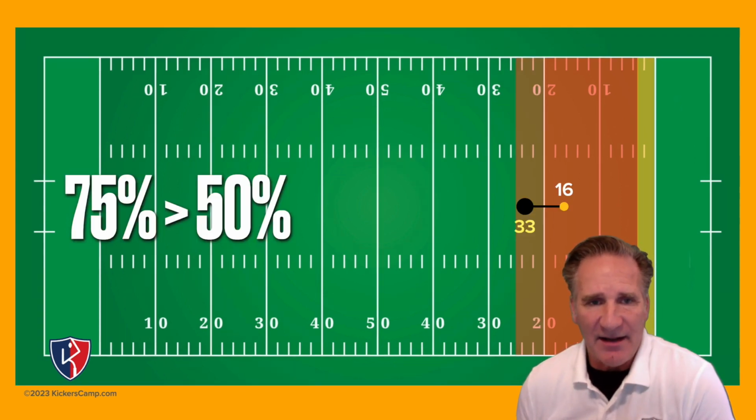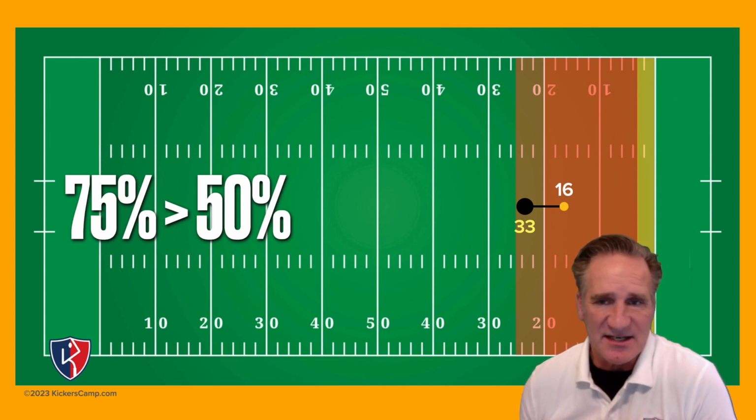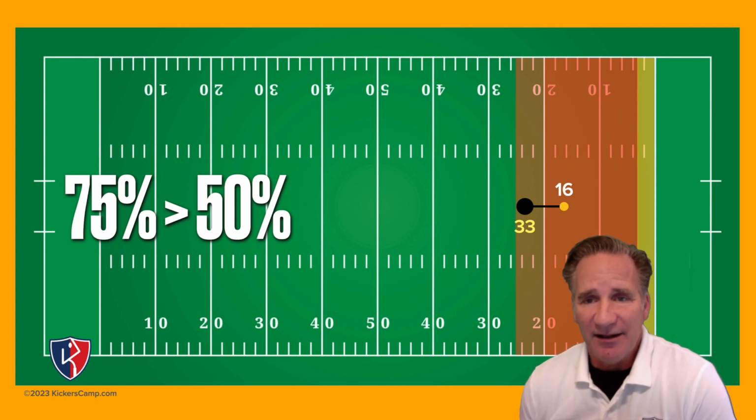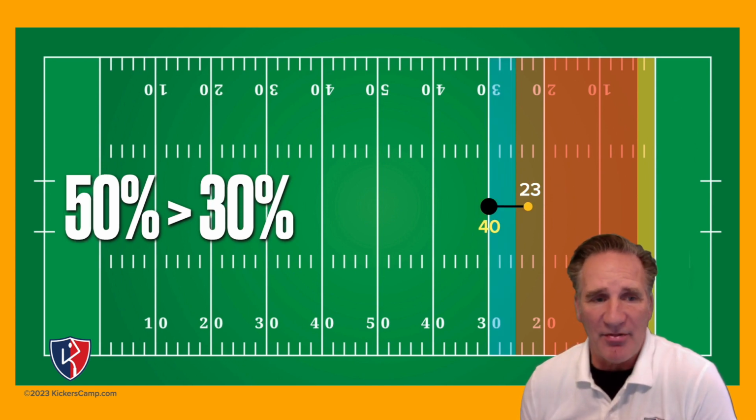When we look at that first zone, the darker orange zone here, that's our 75% zone. Once we move past it, this percentage rate for almost all kickers drops off pretty precipitously. We're just saying in this example, the next 5 yards, it's probably down to 50%. The next 5 yards is down to about 30%. That does presume that the kid probably can go another 10 yards out there if you needed it towards late